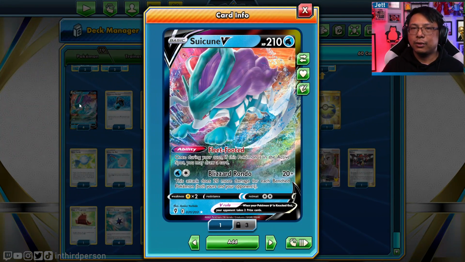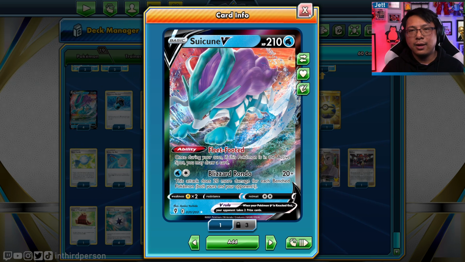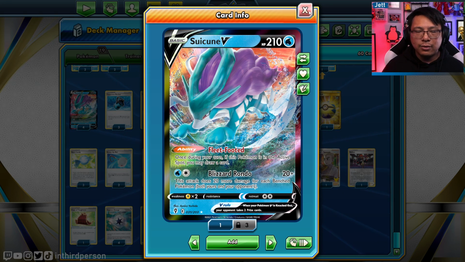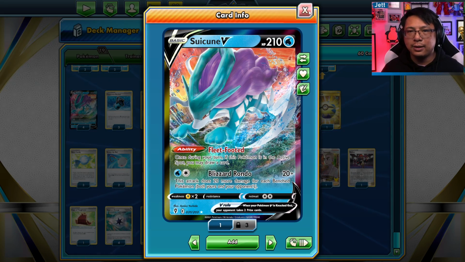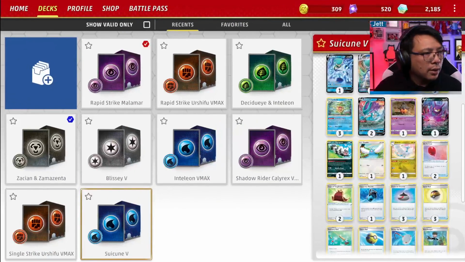Because as much as I like Suicune, it hits really hard, really efficiently. It does tend to get knocked out a little faster than you would hope. So every time you're fighting with Suicune, you kind of have to have the next one ready to go. And Melanie is a great card to help with that. All right, so yeah,